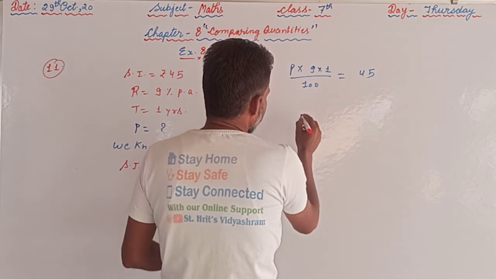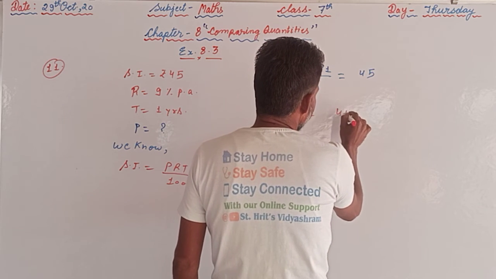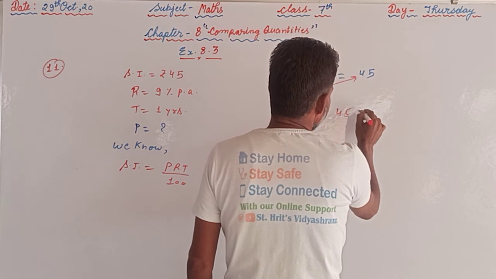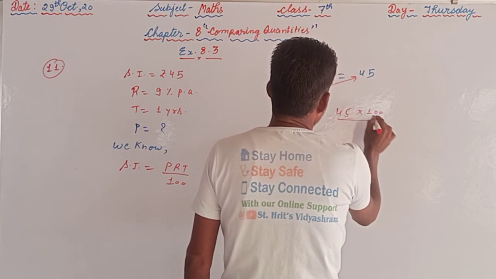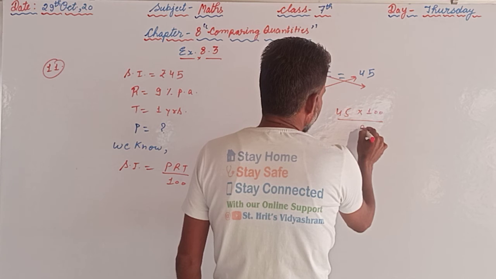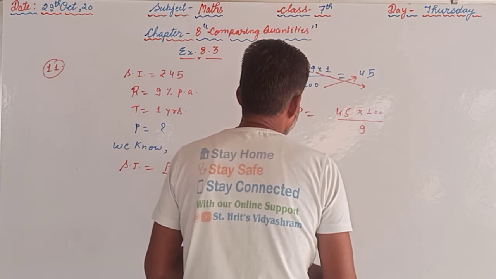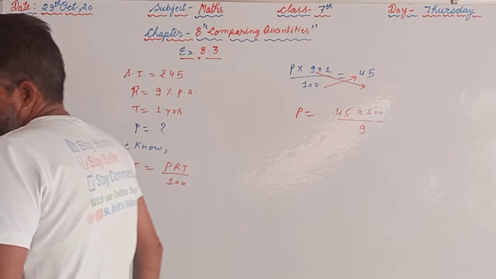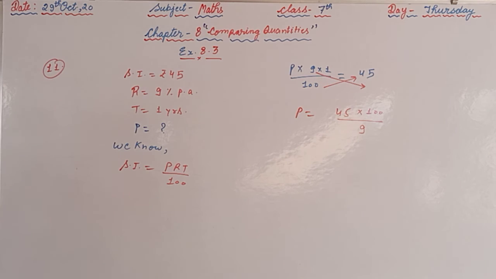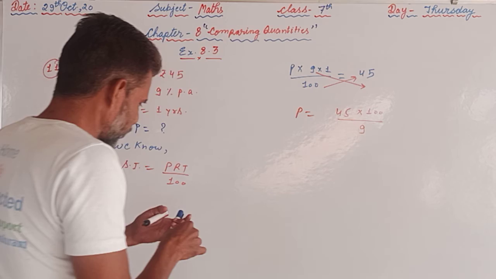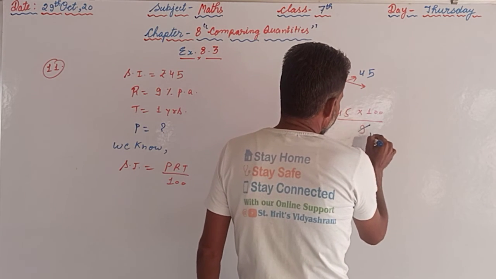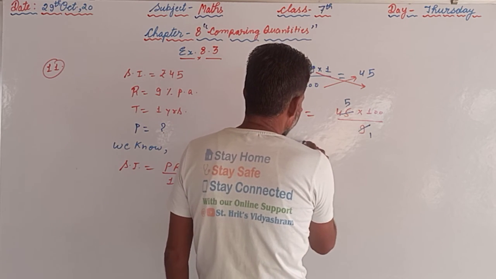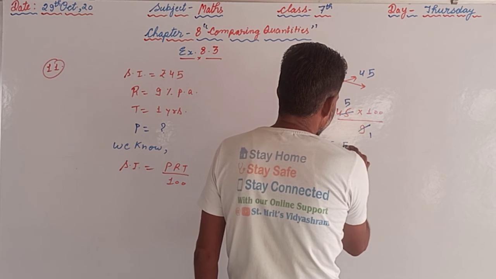So from here we can calculate P will be equal to 45, and 100 will go upside and 9 will come downside, like this. So from here we can see 9 1 ja 9, 9 5 ja 45, and P will be rupees